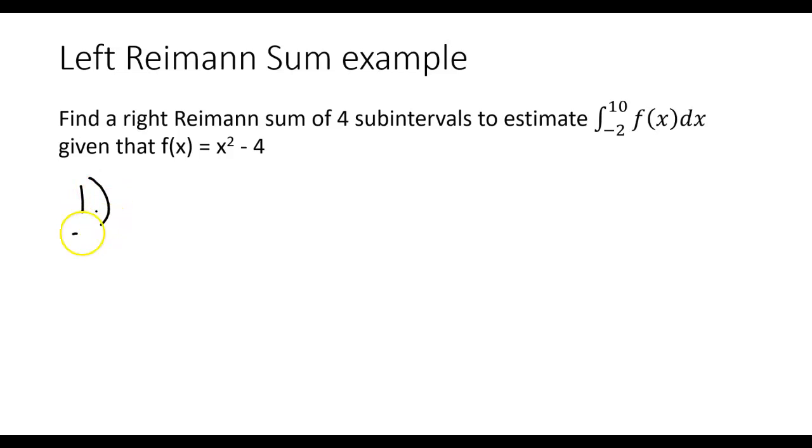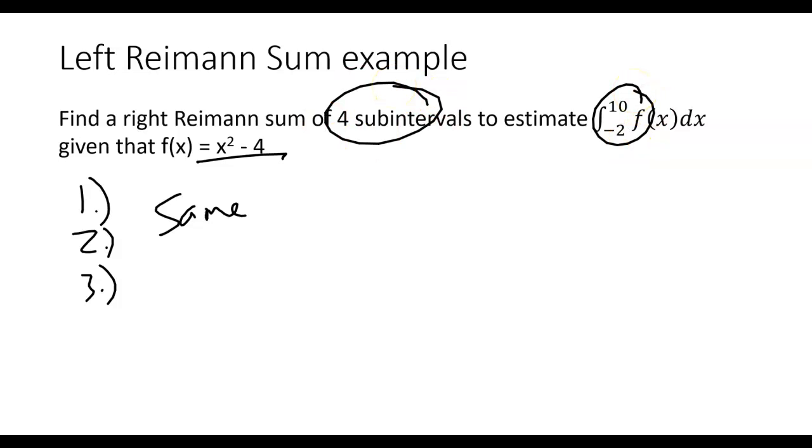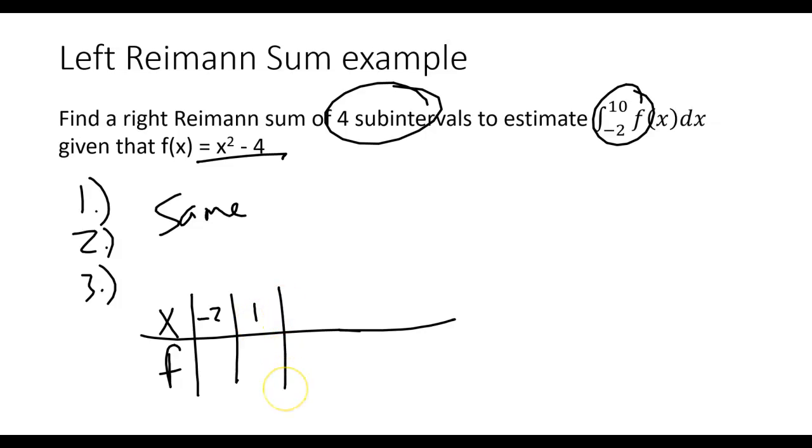So steps 1, 2, and 3 will all be the same because I'm still using the same function. I'm still going from -2 to 10, and I'm still doing 4 subintervals, so I'm still going to get the same table. So let's go ahead and draw that out. We're starting at -2, going up by 3s, and then we plug in